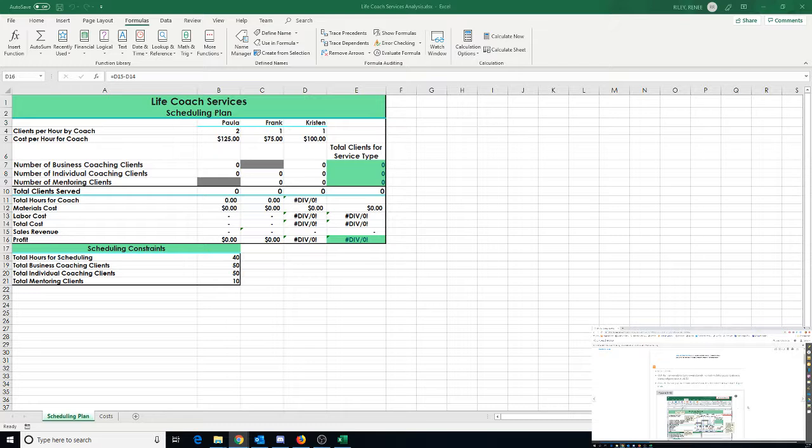Now let's start fixing that. Let's select cell E16 and click our trace precedent 6 times. Click cell D5 to display the formula